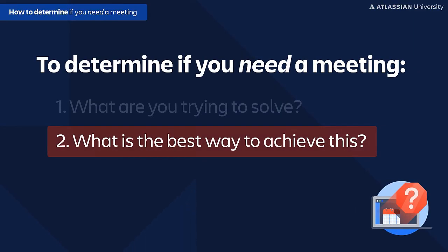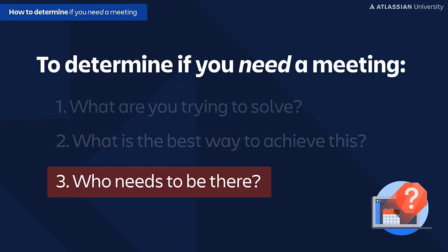And finally, the third thing you need to think about, who actually needs to be at that meeting? Are you meeting with a person or are you meeting with a group? If you're meeting with a person, is this something that you need to have a meeting for? Is it best maybe done through an instant message or some sort of other collaboration means? If it's a group, what are you trying to share? Are you just trying to share information? If you're just trying to share information, maybe that's also done better through sharing out something like a Confluence page